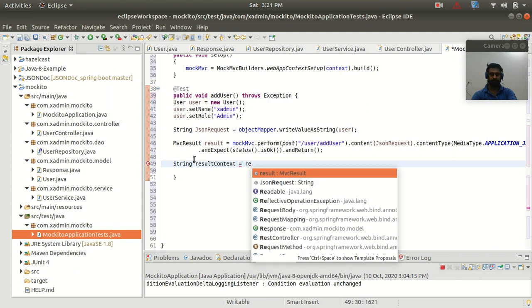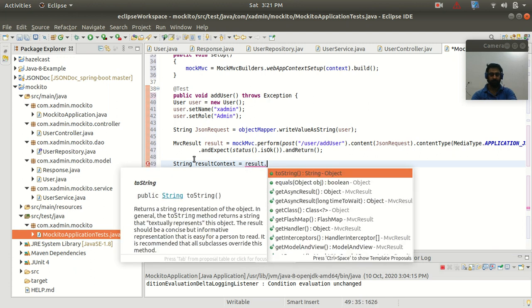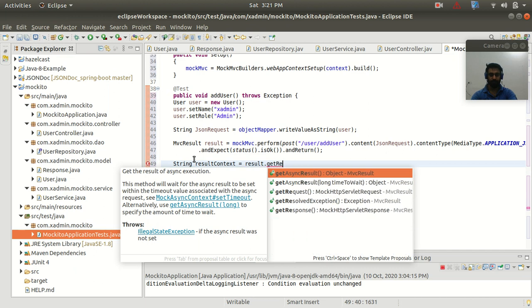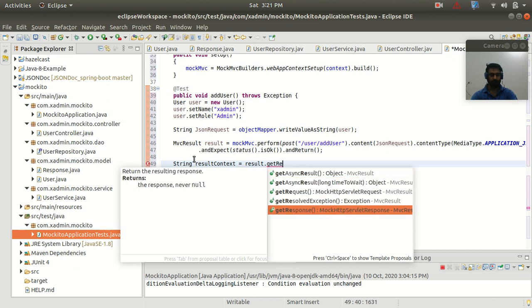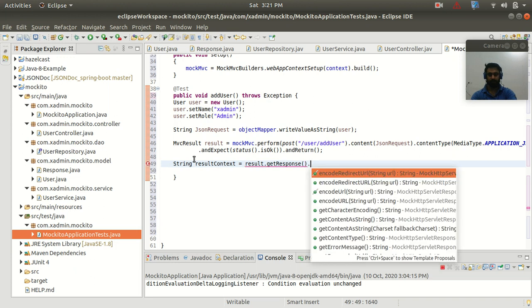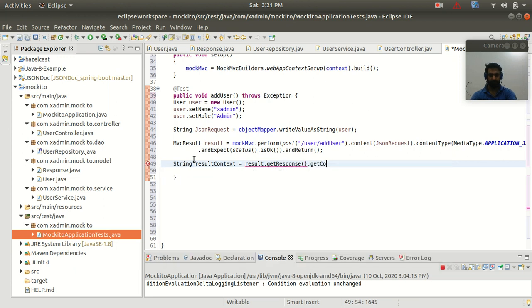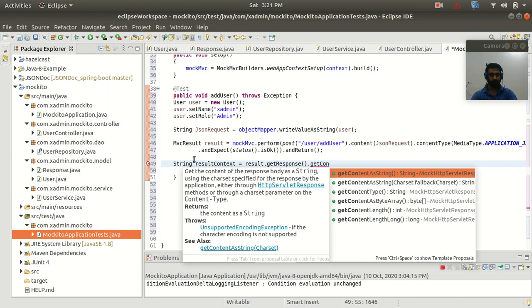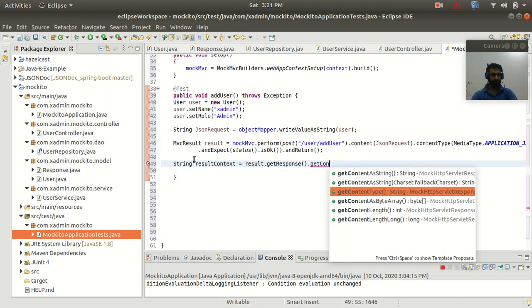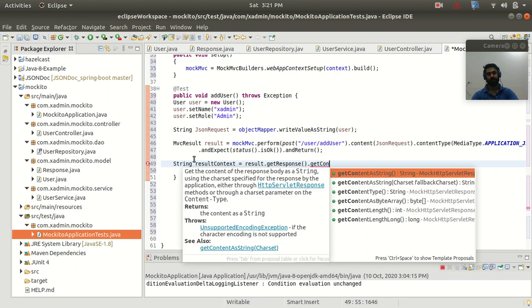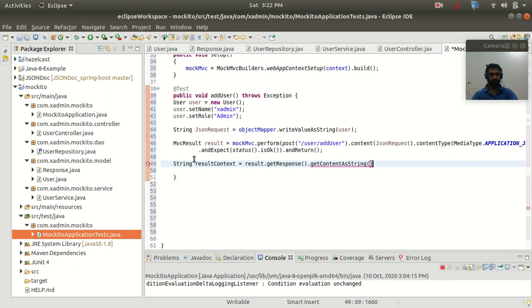And there, result dot, we can call a method something like getResponse. Yes, we have a method with the name getResponse, and then we can call getContentAsString. Yes, we have this method getContentAsString. So guys, it is going to convert our MockMvc result to a string type.